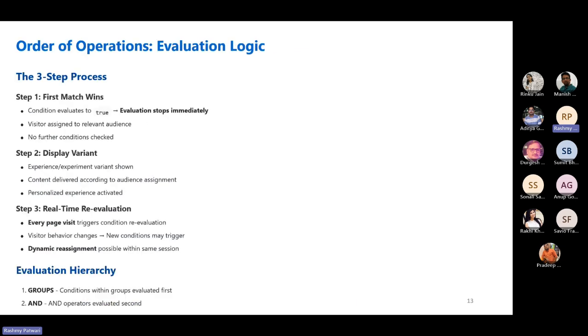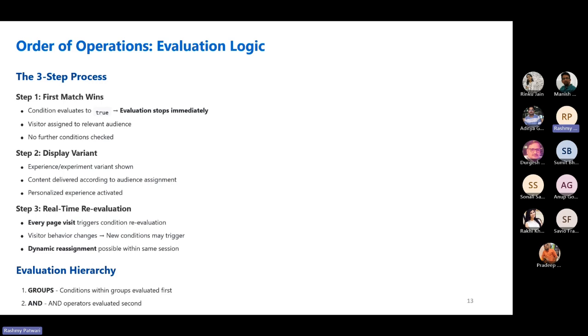On the order of evaluation, we don't have too much control here, so it's good to understand this. The first match wins. As soon as something evaluates within the condition logic, it has to return from there. So we need to be careful when we code it as well. We cannot have the condition taking too long to execute, because then the experience is halted and sometimes it just times out. That's something to consider.